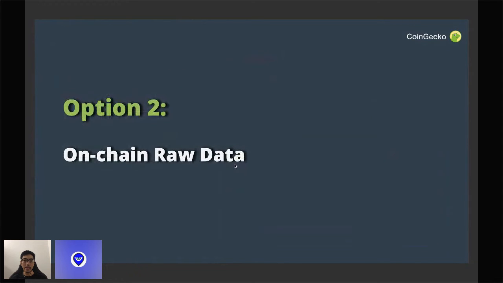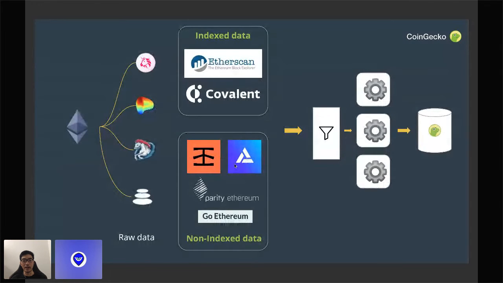Option number two would be reading data directly on-chain, and this means working with raw data that won't be as pretty as what we saw earlier. Your options here are two main components, and I separate them. The first one would be non-indexed data. To get this, you would need to run something like a full node, so it could be Parity Ethereum or Go Ethereum, where you have to maintain the node maybe in your own systems, or you can use cloud services, but you need to have the storage available to store all this Ethereum blockchain data and then be able to make RPC calls to get whatever data you want from the